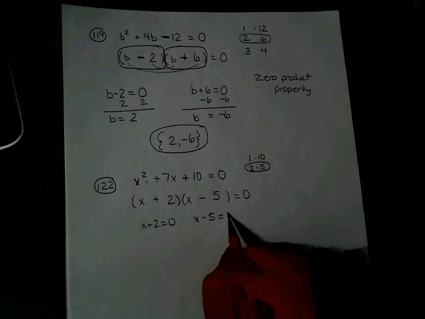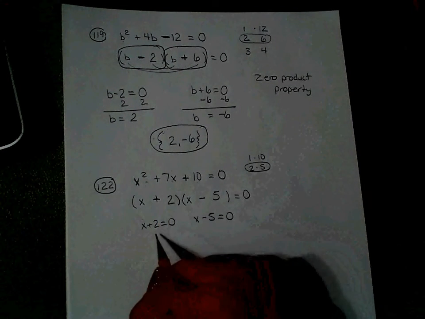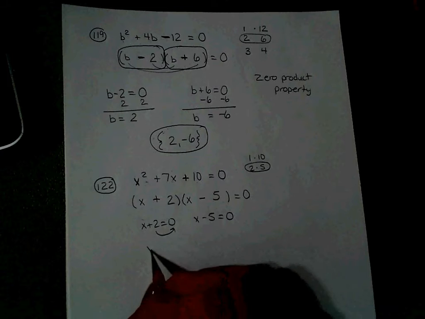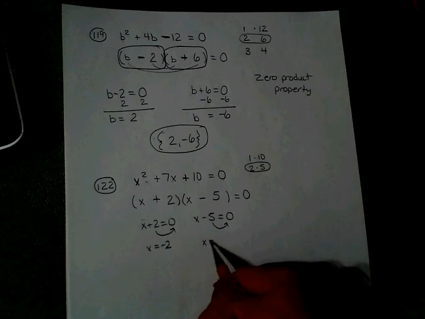And if you want to do these in your head, you can. Some of you will be able to see that it's just the opposite. Move the 2 over and I get x equals negative 2. Move the 5 over and I get x equals positive 5. And I write my